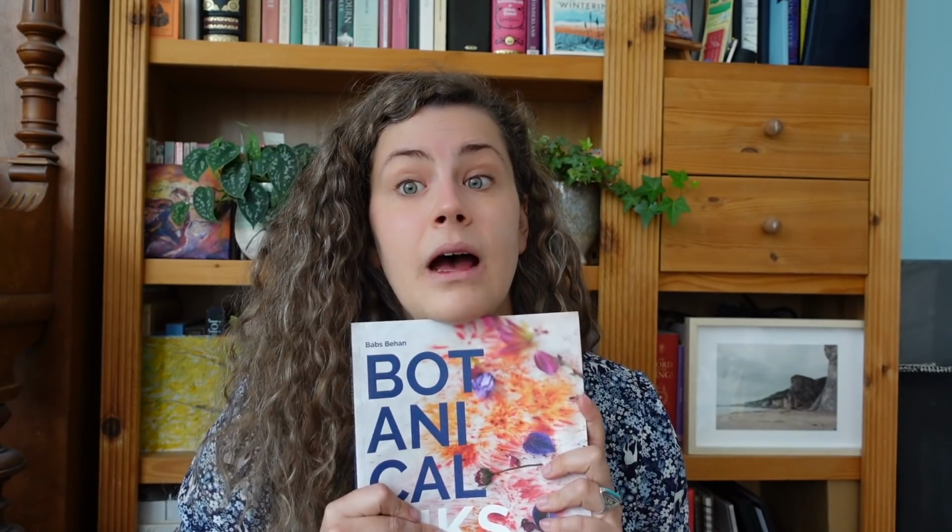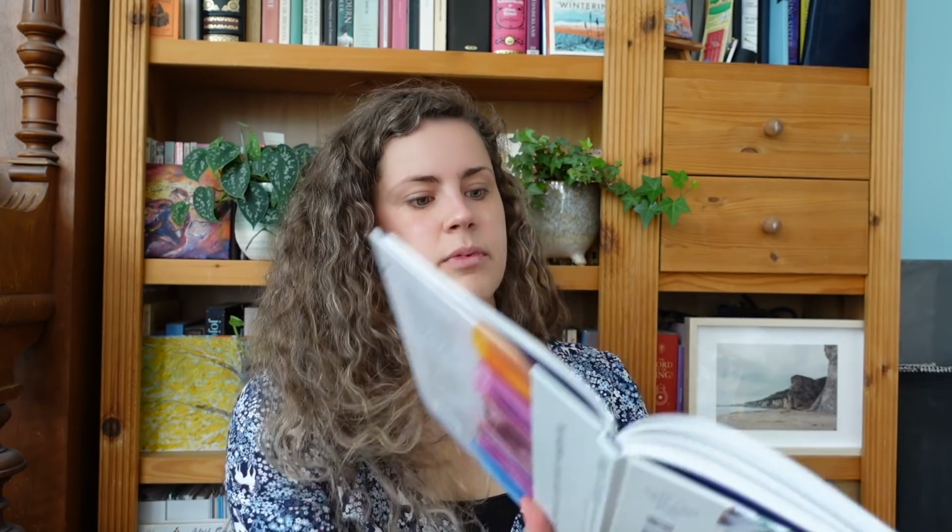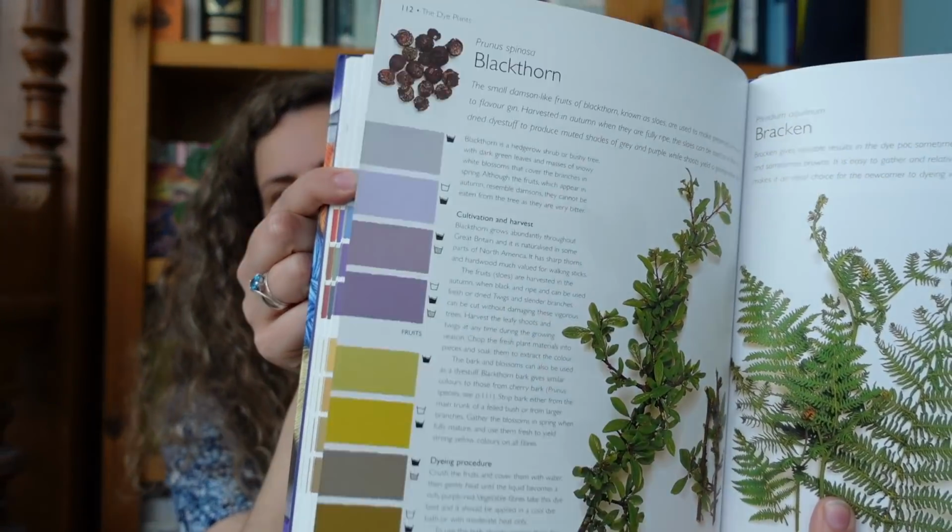This one is really great if you mostly want to know how to print or dye, and this one is really great because it gives you, like, I'll show you a bit. So let's find a cool page. Sammy. Yeah, so for example, if you want to use blackthorn, it has this whole page